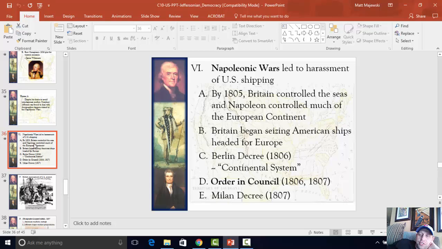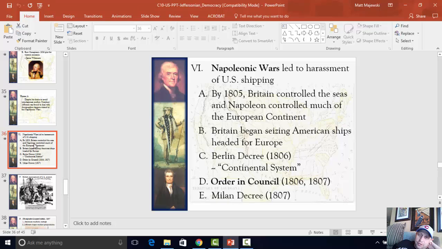Well, hey, in 1806, Napoleon issues the Berlin Decree. He establishes what's called the Continental System. He says, hey, no European port will trade with any vessel that trades with the English first, or that travels to England first. And he basically says, hey, it's a continental-wide rule, where if this port or this country is under French control, then we will close all of our ports, everything that we control, to you if you trade with the English first or you go to England.